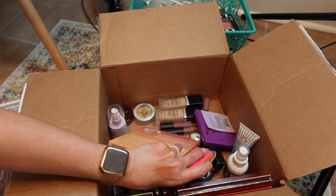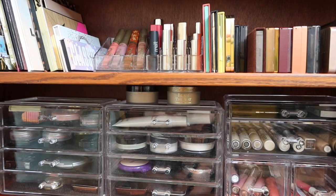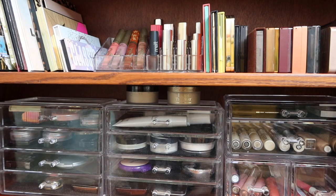Alright, I think that's all that we're going to pull from out of here this week, because I still want to use what's in my collection. So let's go dive into my collection right now. Alright, so at the top shelf that you're looking at, these are my eyeshadows. And there is one in particular that I really want to use, which, side note, hold up, wait a minute,